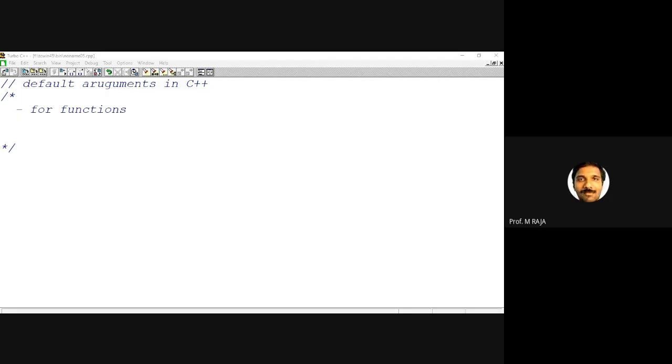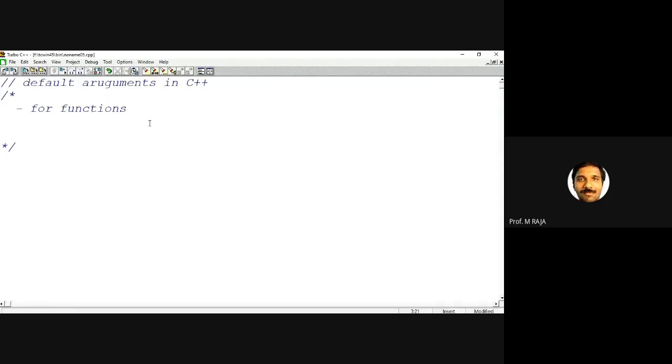So when the functions set default values to the parameters, when you miss the parameters during the function call, default values will be taken. That is the logic. It's not a keyword. This is not a keyword for default arguments, but default arguments can be set from right to left directions. For example, void